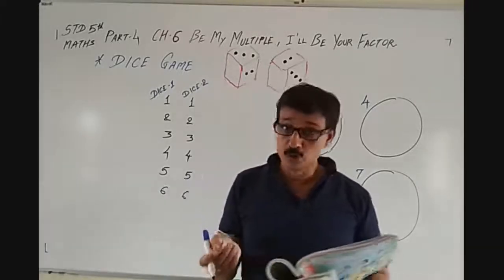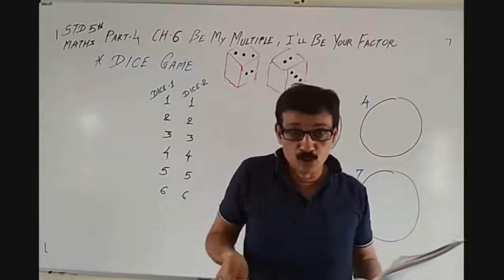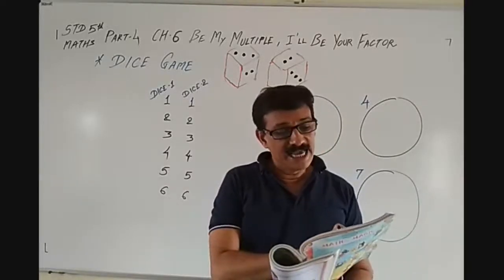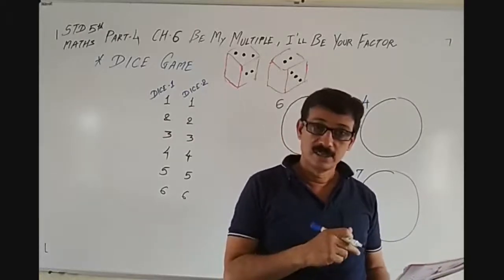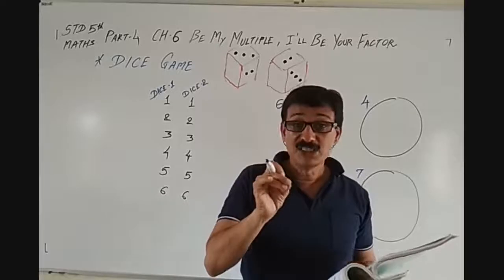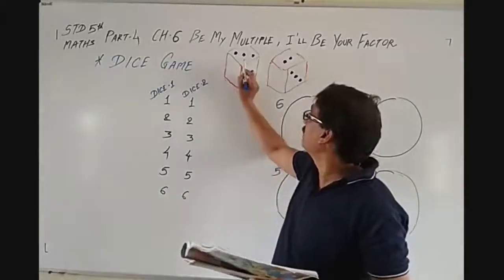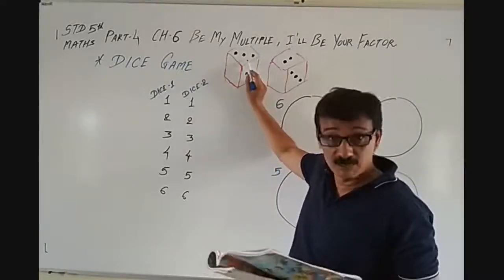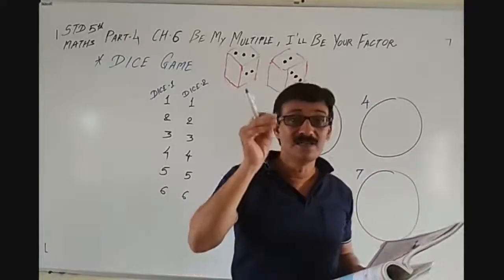Throw two dice together. आपको two dice लेनी है. Then you will have to throw two dice together. What are the numbers that turn up on the faces of the dice? अब आपको देखना है what are the numbers which turn up on the face of the dice. See, this is the face of the dice. Okay, these two. So which numbers are turned up on the face of the dice?